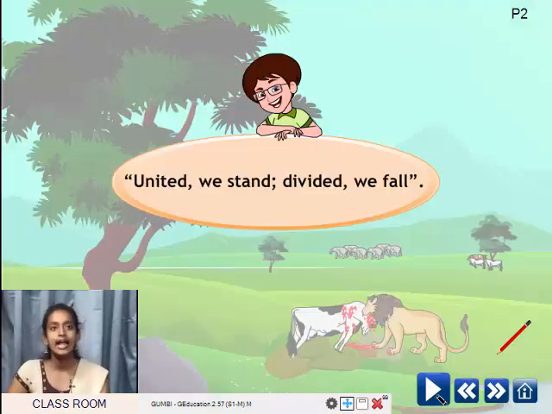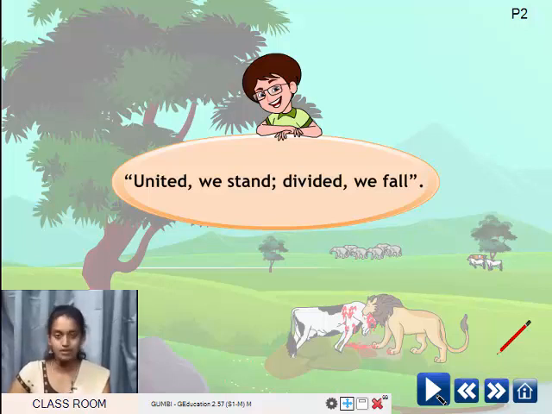So children, now look at this picture. You have to describe it in short sentences. Make your own sentences and describe the picture. What can you see here? You can see there's a house. There are two boys. One of them is sitting and doing some work. The other one is standing. What color shirts are they wearing, children? One of them is wearing a green shirt and the other one is wearing a purple shirt.